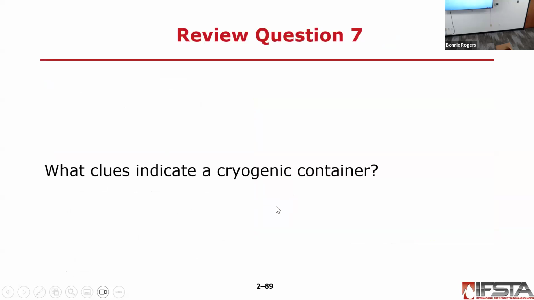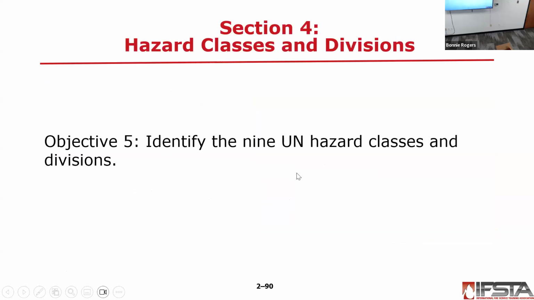How do you know it's a cryogenic container? The refrigerator, and the back. Box cabinet on the end? That was a lot. Box on the end. All right, that is it for today. So what I'm going to do, you guys can study for a little bit and then after that,